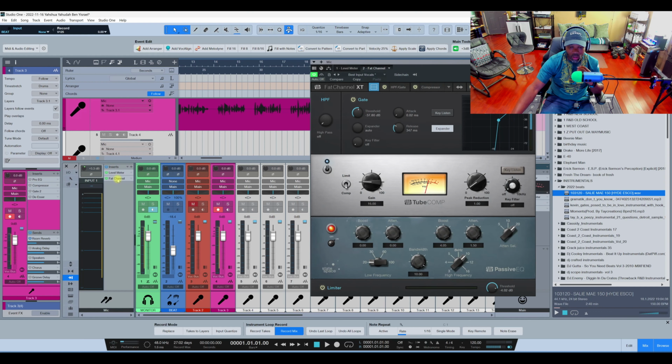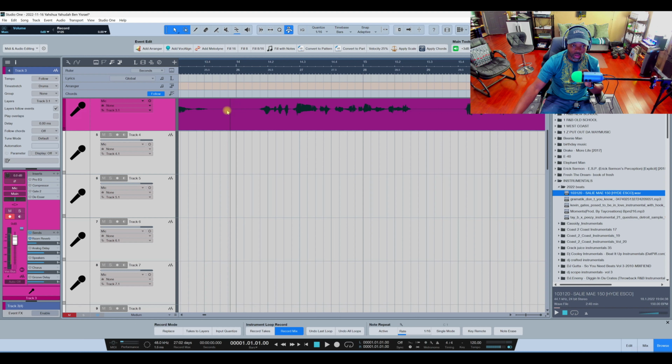Prime example, I record with a gate. Now with a gate, if you set it wrong, you could damage your vocals. You could chop people's vocals off and everything. The reason why I record through a gate is because the audio files look like this in the middle. There's no noise right here. There's no noise. So when it's time for me to mix, I don't have to do so much work taking that sound out.